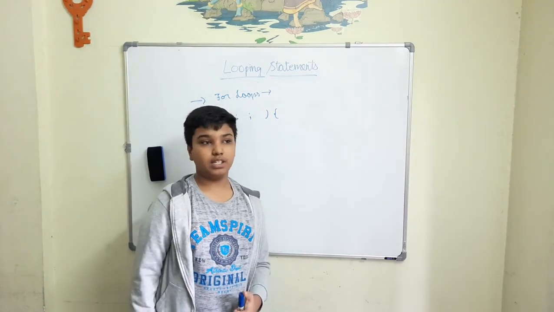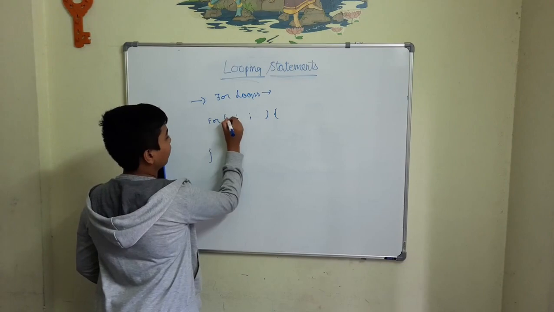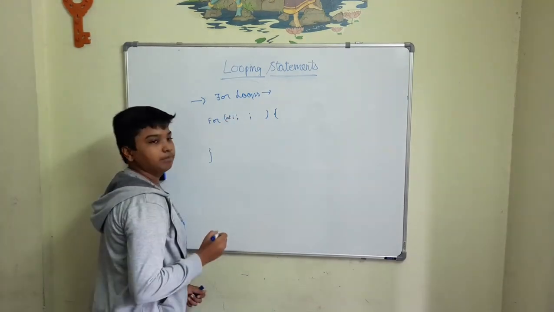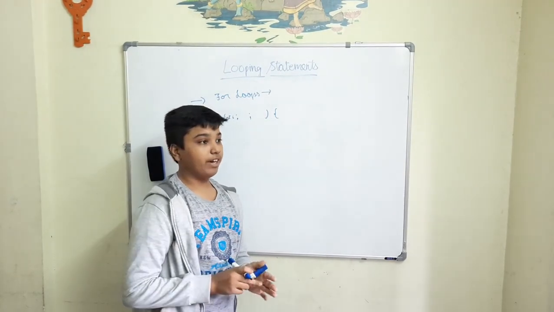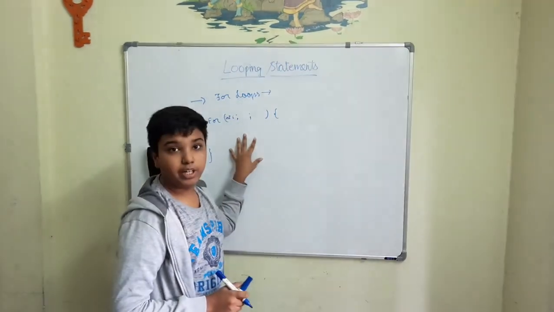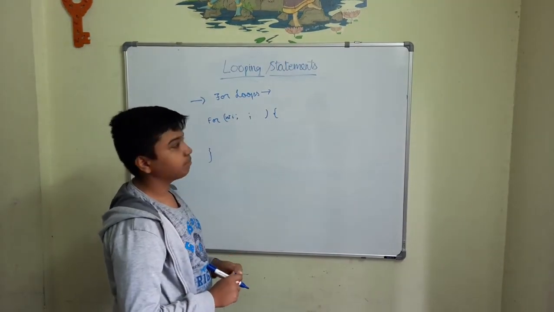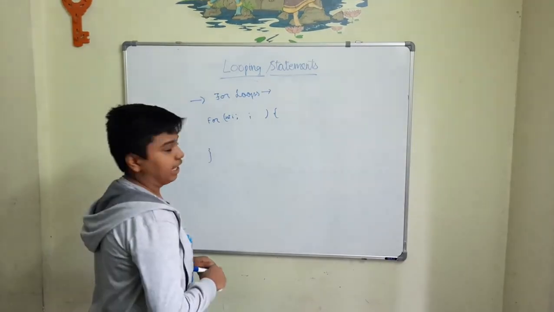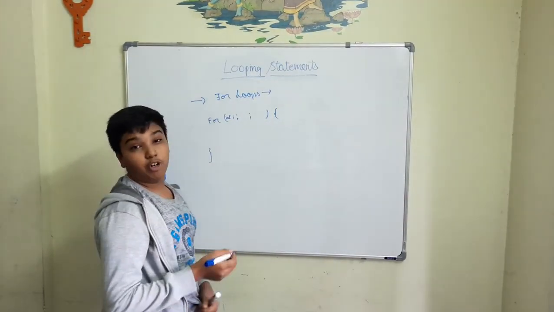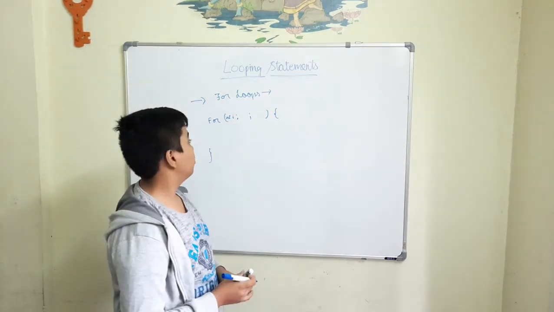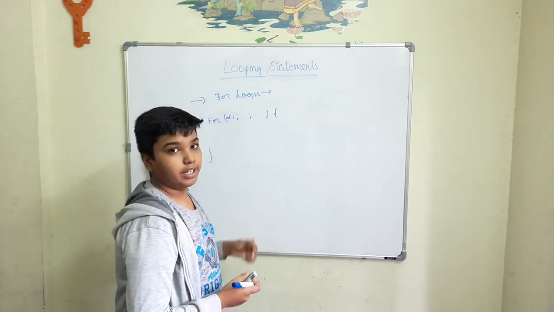Most people use a variable called i, int i, okay? And i is the base value which helps in counting how many times you want the loop to be executed. Then you have a condition, a condition till when the loop will be executed. Example, I want to print numbers till 10. So until when i is less than 10, I want to keep printing it.